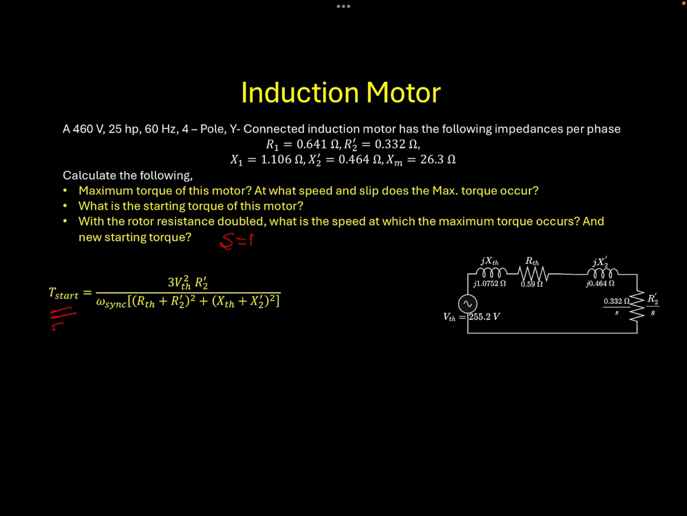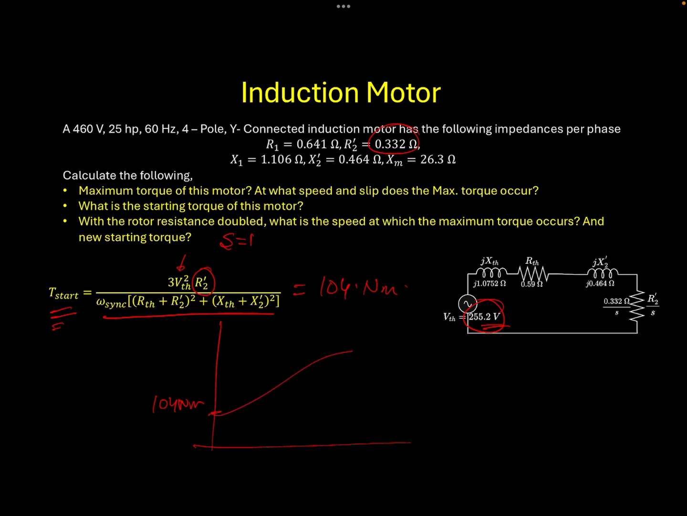That also can be easily calculated using the values that you have in your Thevenin equivalent circuit, where V Thevenin we know is 255.2, R2 dash we already know has the value 0.332, and substitute the synchronous speed values and all the reactances. Then we'll be able to get the starting torque as 104 Newton meter. So this gives us clarity that the starting torque is 104 Newton meters and the maximum torque that you have